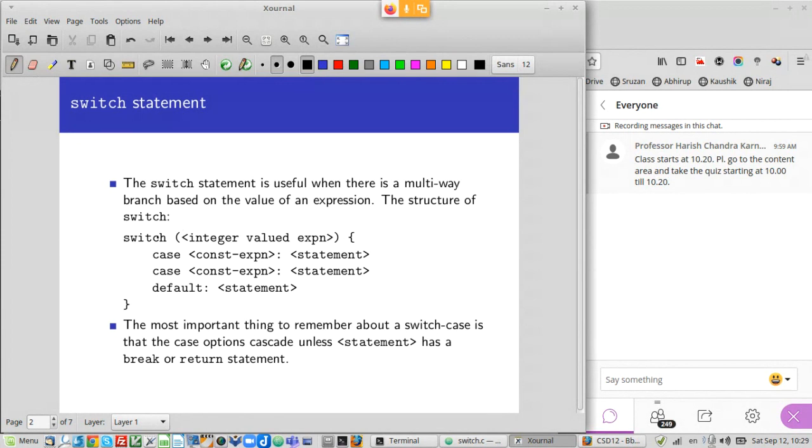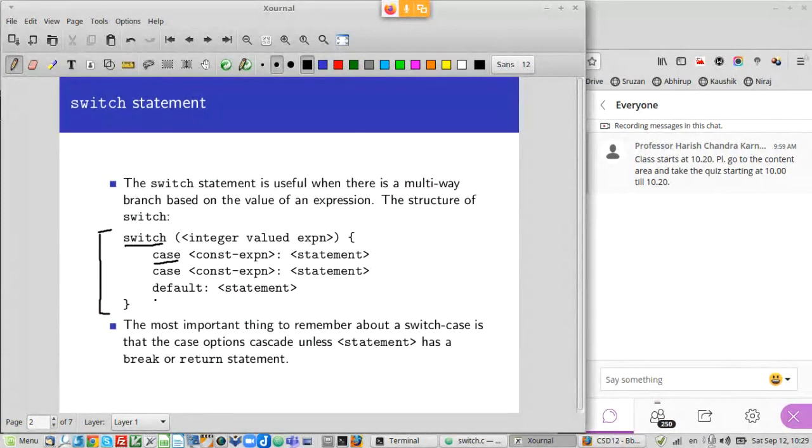Okay, and the structure of the switch statement is given here. So you have the switch keyword, then you have an integer valued expression here, which, when you evaluate this expression, you will get an integer, and then you have a sequence of case statements. So these are the sequence of statements which you will select, right? So you give the keyword case, give the constant expression which will evaluate to a particular integer, okay, and then a colon, and then you can keep cascading this, right?